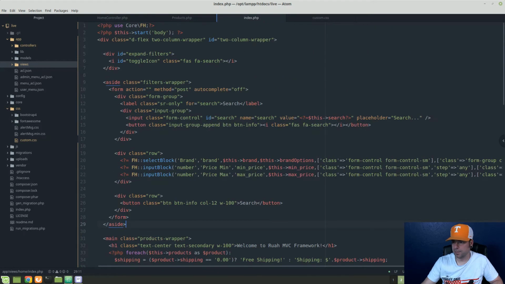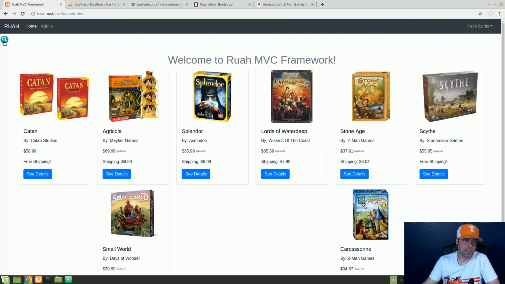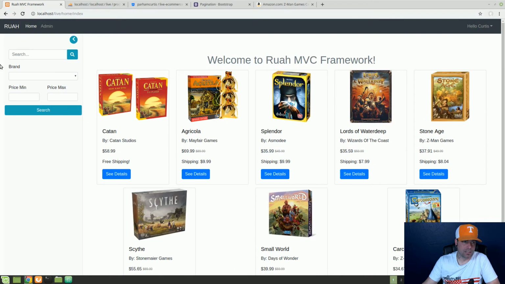Actually, I don't think I'm missing that, but at any rate, I don't want to spend too much time on that. Maybe we'll get back to it at the end of the video and try to tidy it up some. But I think this works pretty well. Now what we want to do is make the search part of this actually function. And so in order